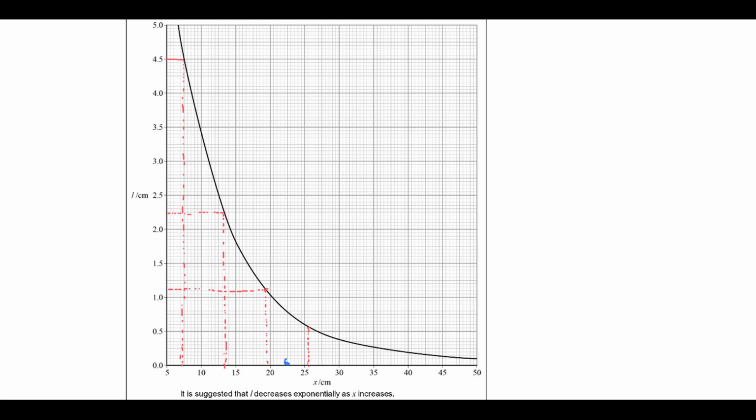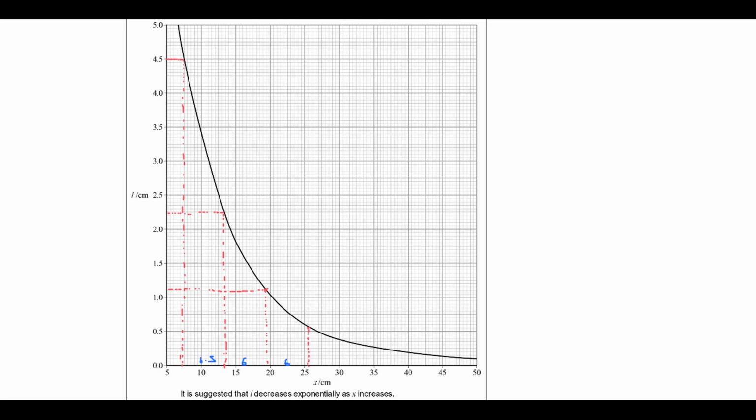That one is 13.5, so 19.5 minus 13.5 gives you a half-life of 6. And then here, 13.5 minus, what's that, 7, gives you a half-life in there of around